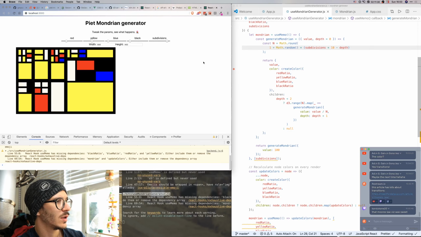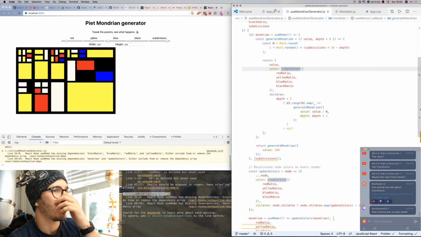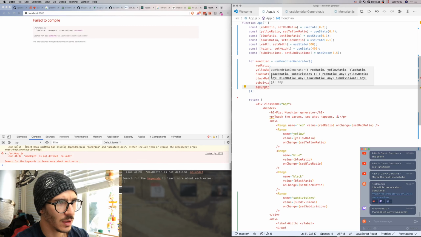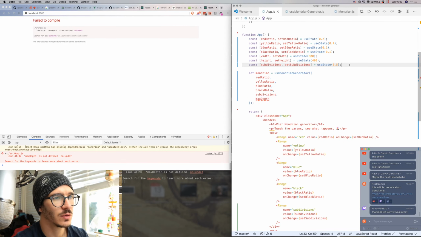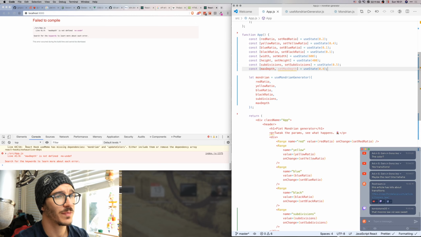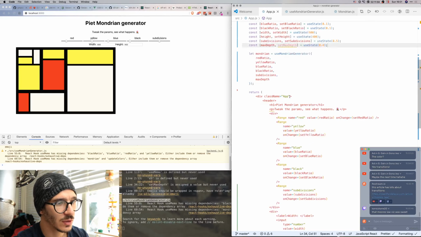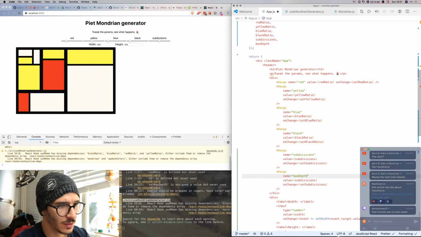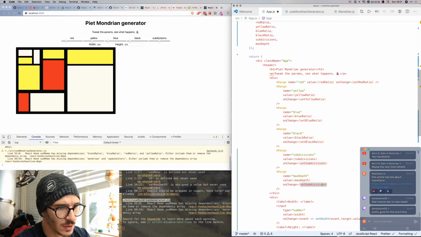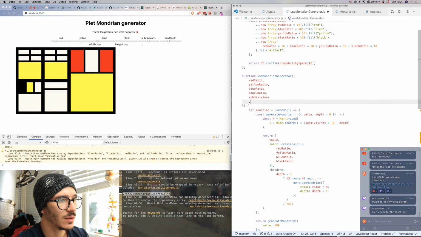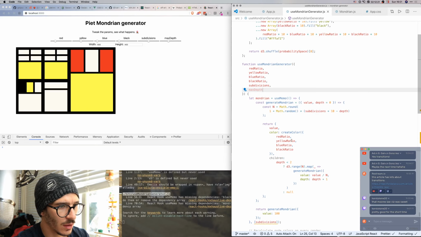Now what else can we configure? We can also configure the max depth, right? So let's add that. Max depth. And use Mondrian generator. So we say const max depth, set max depth, which is going to use state, and it's going to be exactly the same thing as before. It's going to start as 0.4, and then it's going to have a range here, max depth, set max depth, right? And then in the Mondrian generator we get the max depth,